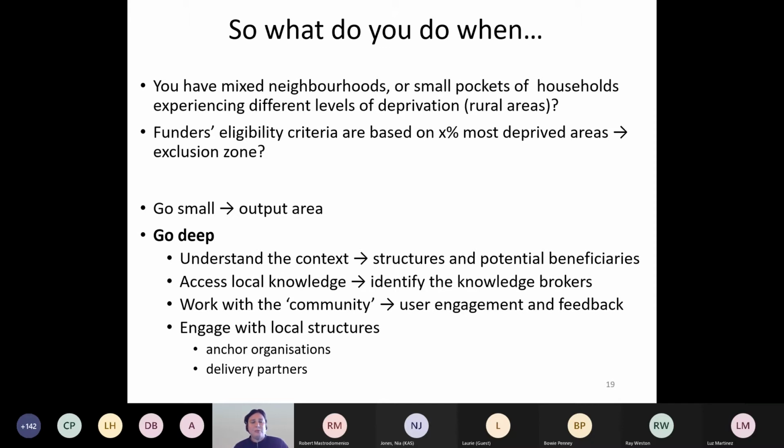So I've split it very roughly into two ways. There are lots of other considerations. One thing is you think about a smaller area of analysis. There's been quite a lot of analysis looking at output areas, smaller areas, and that will pick up the smaller pockets at a statistical level. So that's one way of doing it. But obviously, there are quite a lot of other considerations that don't get picked up through the statistics. I won't go through the list. Those are just some examples.